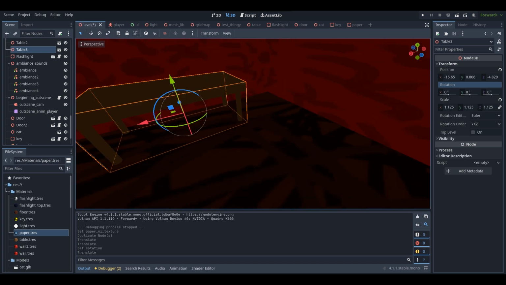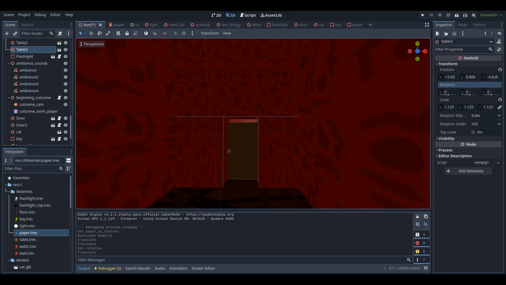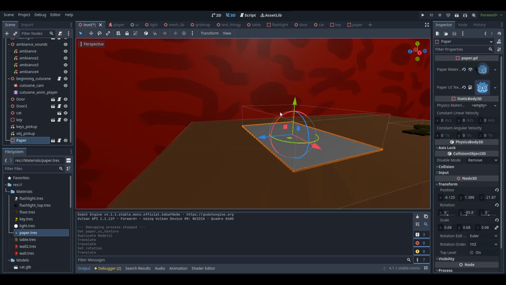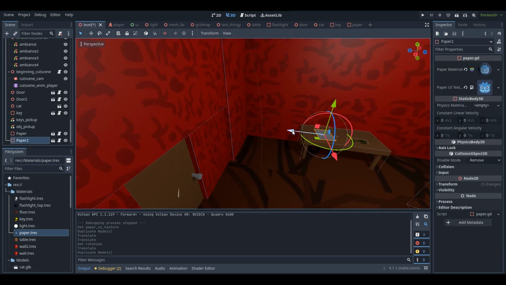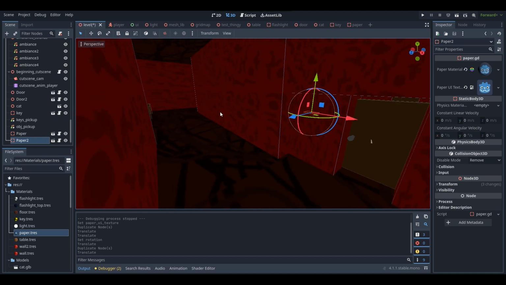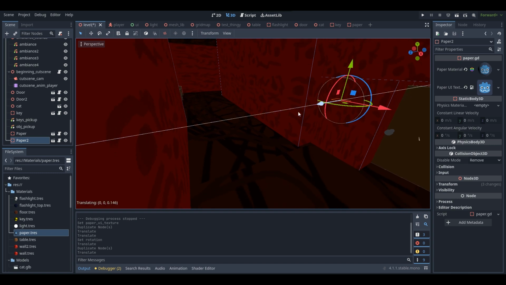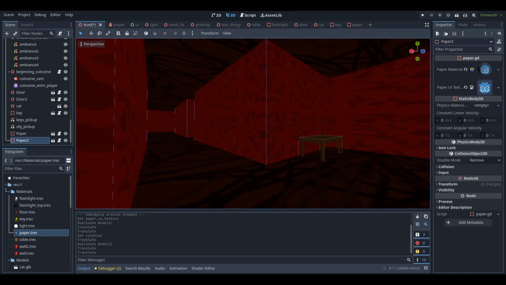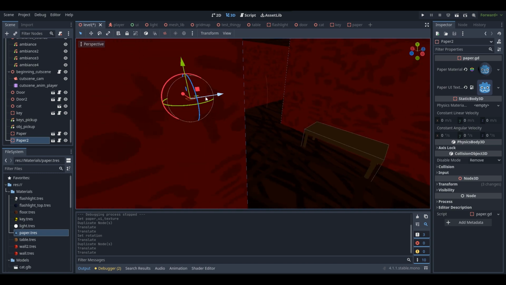And there we go. So now we have a table out here. And then I'm going to duplicate this bit of paper out here. Also, something else which I want to do as well is sort out my hierarchy a bit, since I do feel like things are getting a bit messy. And it is good to make sure that your hierarchy is all good and neat, of course, so then you're not